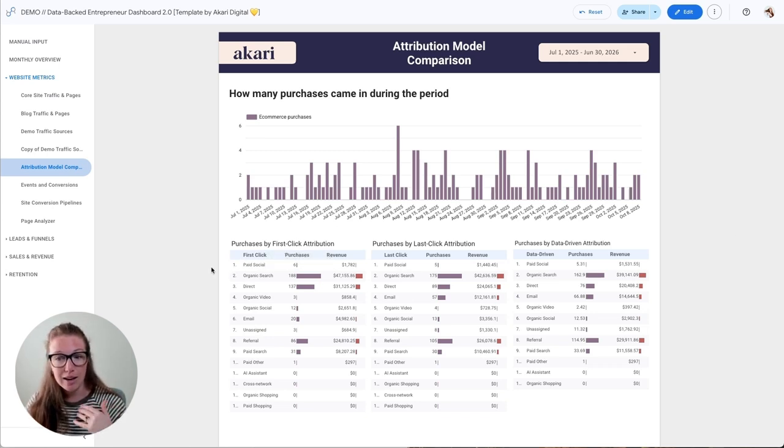So you can see in a first click world, 6 conversions can be attributed back to paid ads versus 5 conversions that came in on a last click. So this means that potentially 11 different conversions could be attributed back to paid social, because there were 6 that were very first clicks and 5 that were last clicks, but these can cross over. So that's where the last layer here, data-driven attribution, is the most important, because it starts to divvy out the credit across different platforms. So overall, it's saying paid social is actually responsible for about 5.31 conversions.